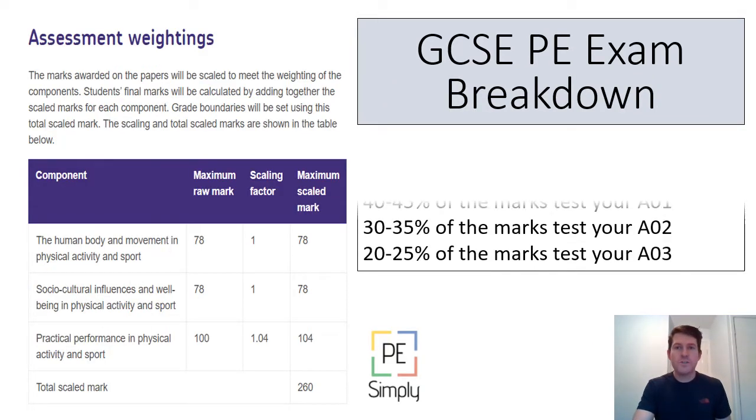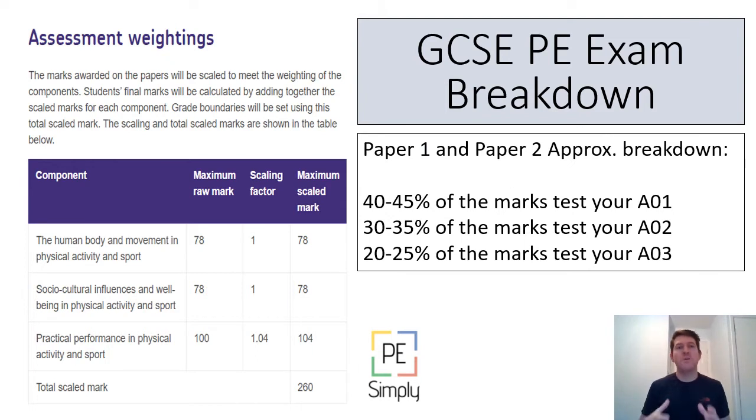So when we focus on the exam breakdown itself, ultimately these are approximations. Every year it slightly differs from paper to paper. But ultimately we're looking between 40 to 45% of paper 1 being AO1, okay,